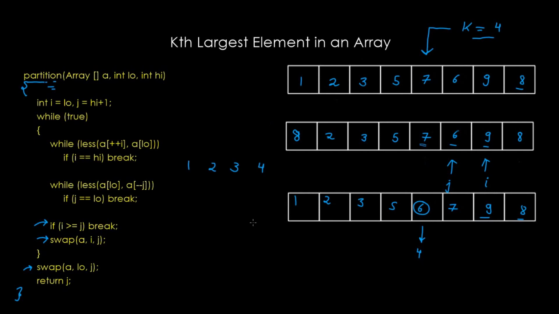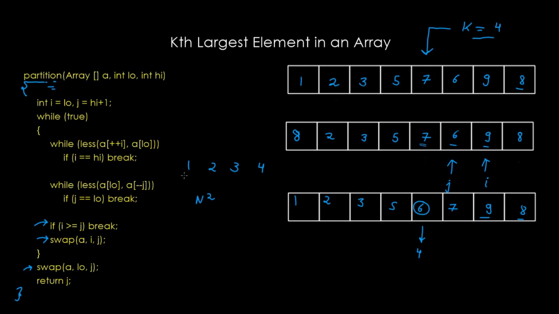Well, the worst case is when the given array is already sorted and we are required to find the largest integer. In that case, the function which calls this partition method will call it n times, and the time complexity of partition itself is n, because there are n elements. The calling function will call partition n times, therefore the worst case time complexity is n square.